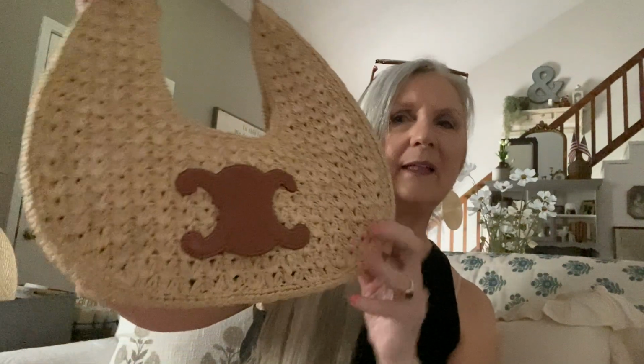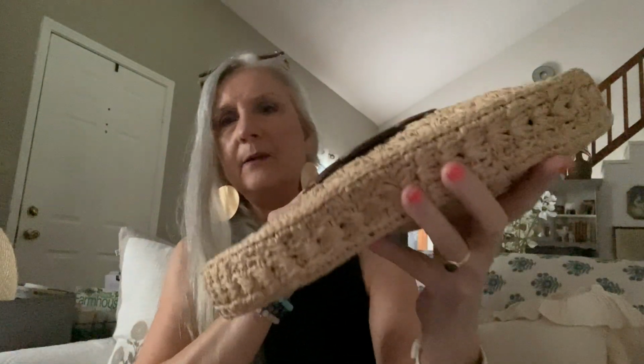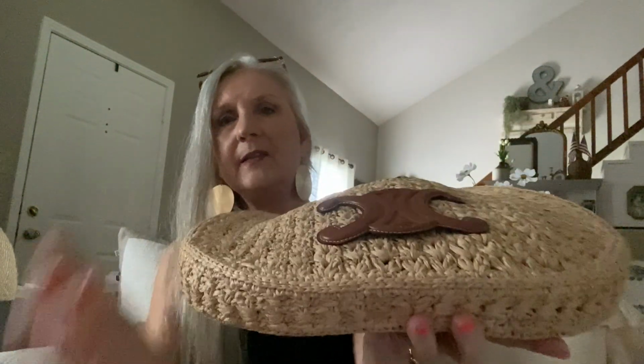So I'm just going to start with this bag review. This bag is 13 inches across, 6 inches high, and the width is 2 inches. As you can see, it's not very wide, and I guess that's why I like it, because when you hang it on your shoulder like this,